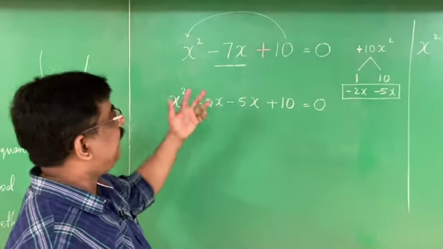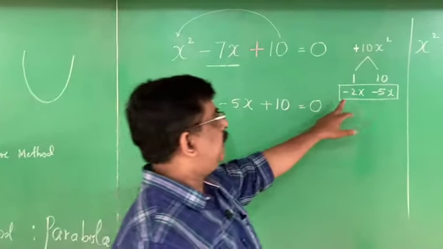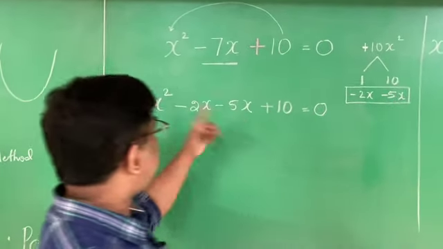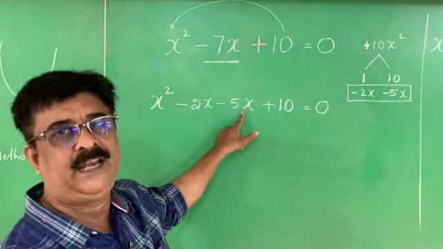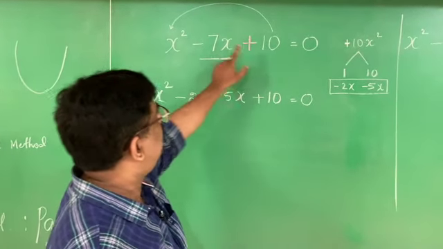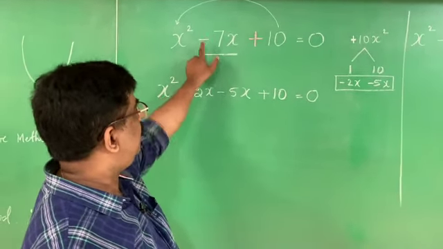Right? You may get a doubt, sir, it is minus 2x and minus 5x. Can I write minus 5x and minus 2x? You can write. You can interchange, no problem for that. Right? Therefore, first step is multiplying like this. Be careful about this sign. If it is plus, you have to add the factors to get the linear number. When you are getting a linear number by addition, the sign of the linear number should be given for both.